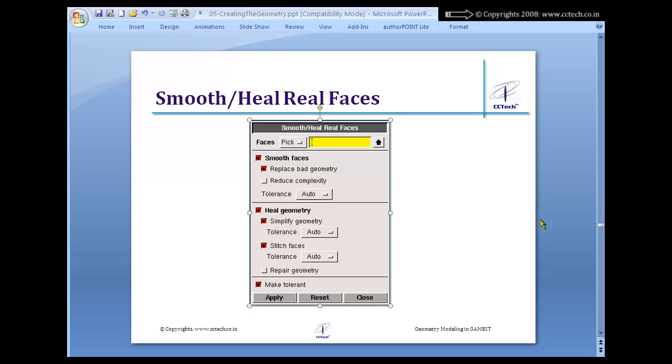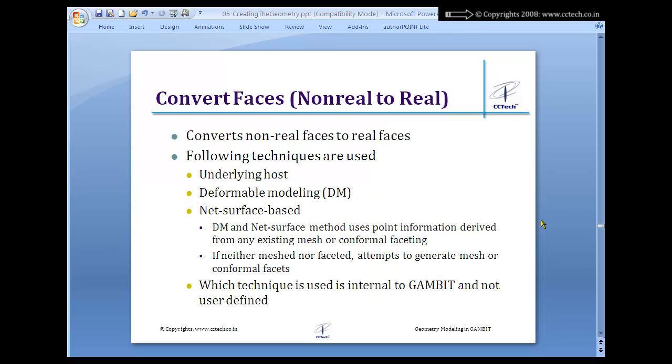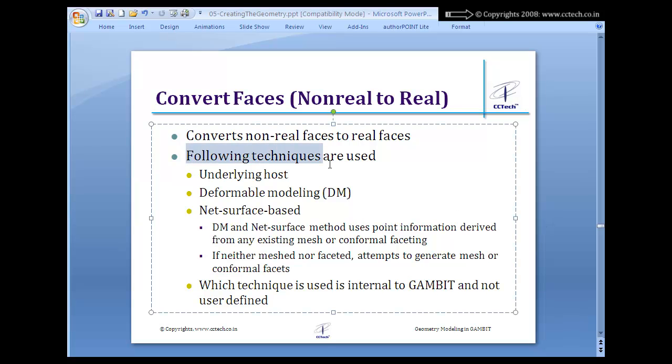So this is the form for smooth and real faces. This is one more operation: if you have non-real faces, sometimes some operations are not available on non-real or virtual faces. So what you can do is convert those into real faces. There are different operations that Gambit does. The technique used depends on whether there is any underlying host entity for this virtual face, or whether the model is